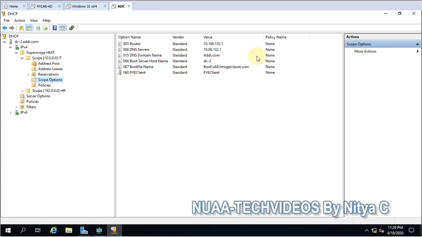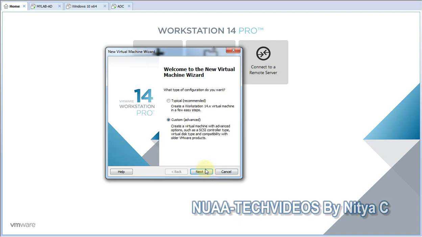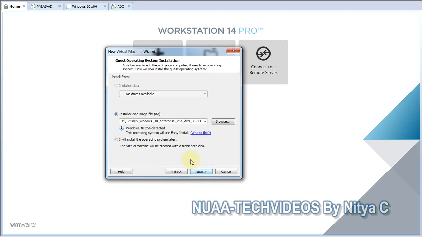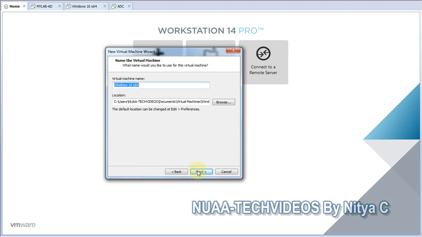For that I have to create a machine. Let me go to create machine. Okay, advanced, workstation. Okay, next. This is my workstation. I'll install the operating system later. Microsoft Windows, Windows 10.